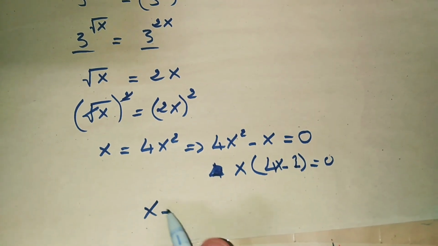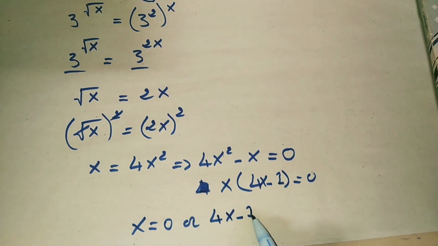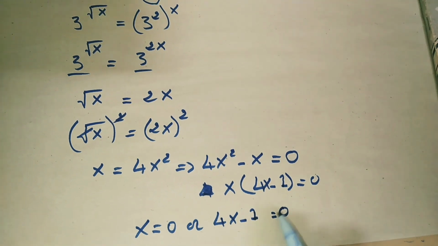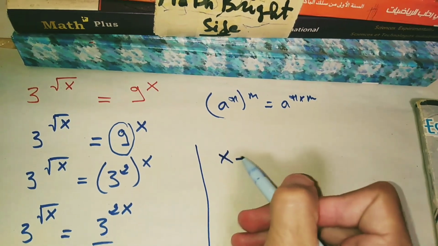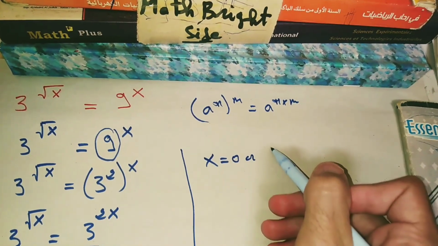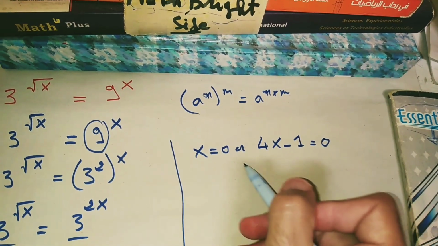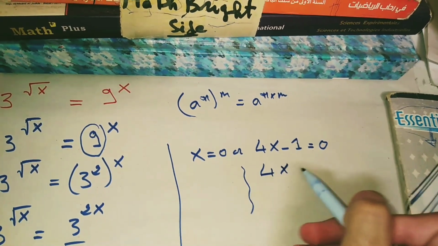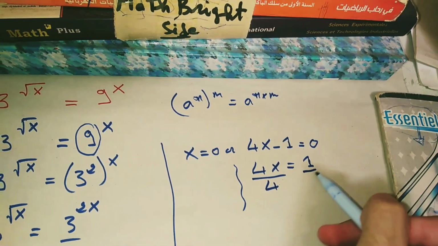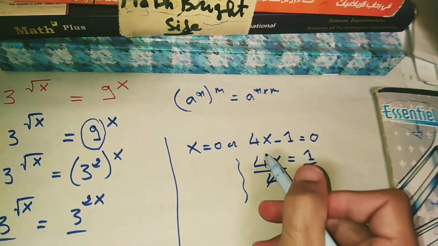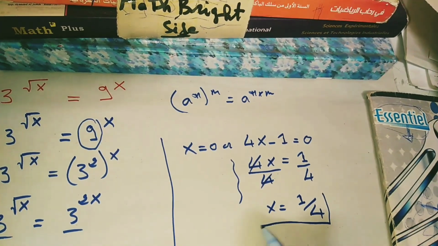So x is equal to 0 or 4x minus 1 is equal to 0. x is equal to 0 or 4x minus 1 is equal to 0. So 4x is equal to 1. This divided by 4 and this divided by 4. We simplify, so x is equal to 1 over 4 or